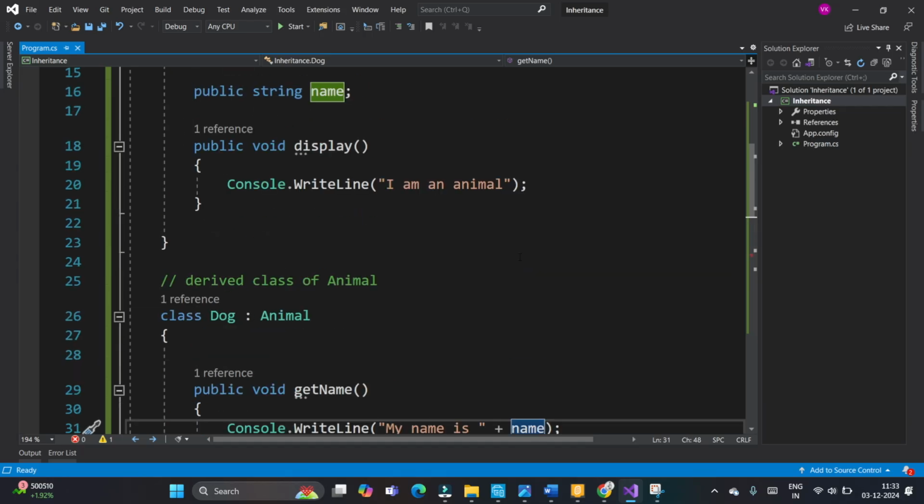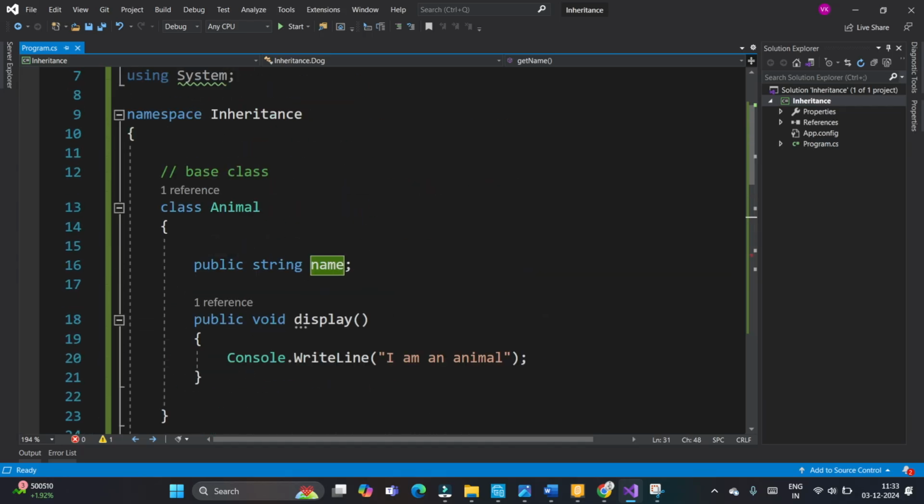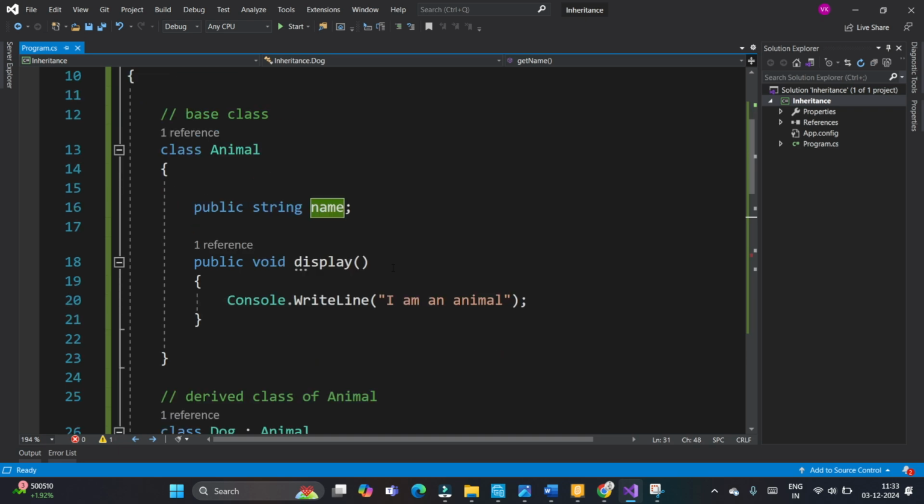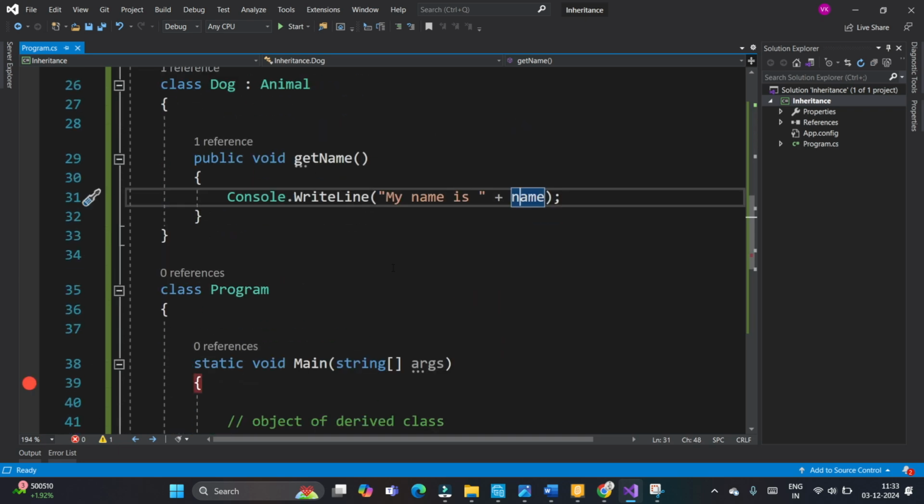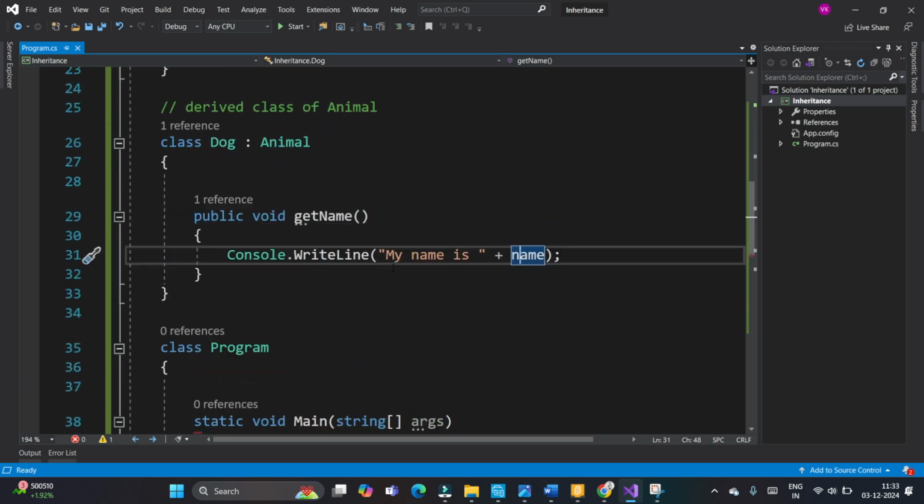How? It is because in the base class, which is Animal, a string data type is defined. So Dog has full access to its ancestor, like a kid or child can get access to all the things, wealth and many features of their parents, father or mother.